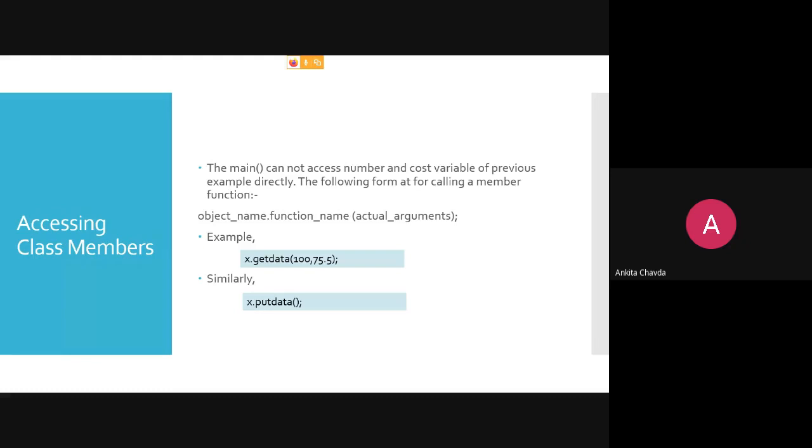But here my number and cost are private, so you cannot access them directly. Instead, you can call the public member functions via the object name, object name dot function name, with your actual arguments between the parentheses. This way you can access any function of a class, but it should be public, otherwise you cannot access it.